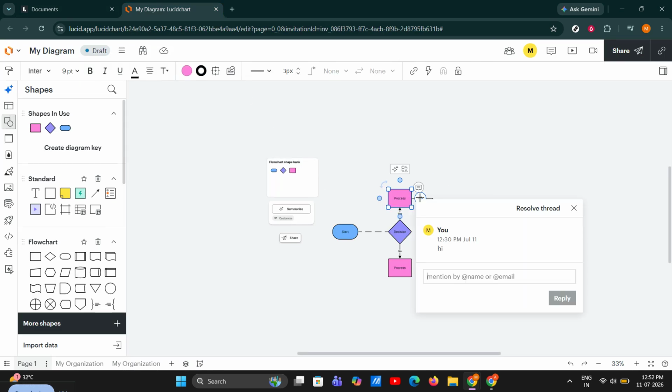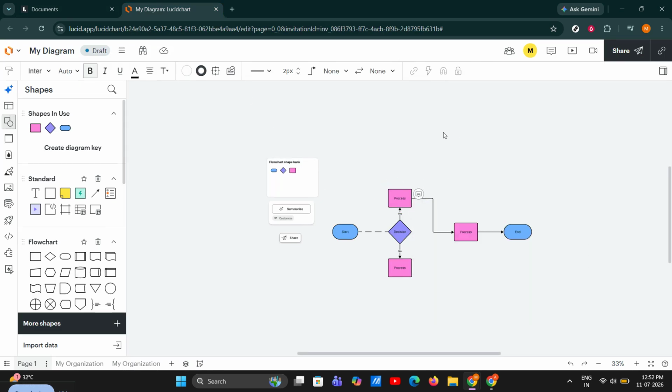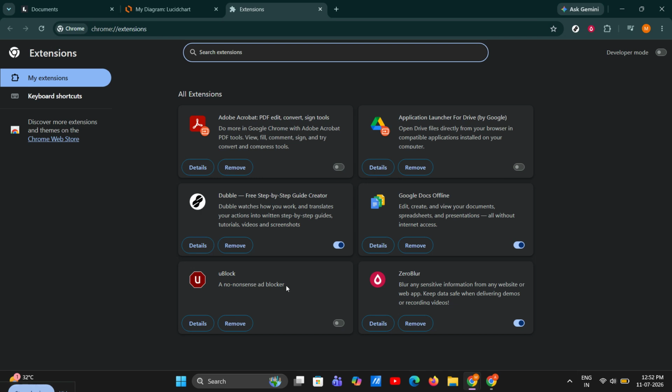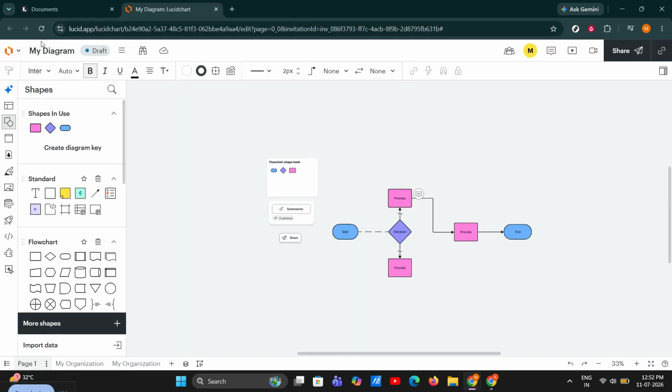If that still doesn't solve it, move on to browser extensions. Some ad blockers, privacy tools, and security extensions can mistake Lucidchart's comment system for blocked content. Temporarily disable your extensions, especially anything that filters scripts, pop-ups, or tracking. After disabling them, refresh the Lucidchart page and test the comments again. If they suddenly load, then you found the cause. At that point, re-enable the extensions one by one until you find the exact one creating the conflict. Once you identify it, you can decide whether to keep it off for Lucidchart or add Lucidchart to its allow